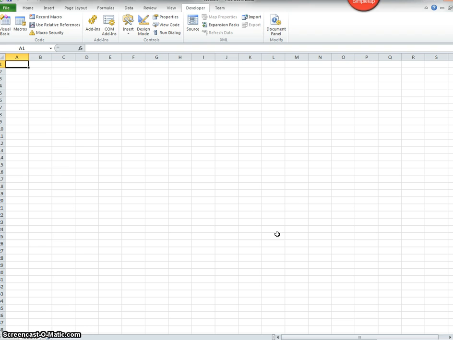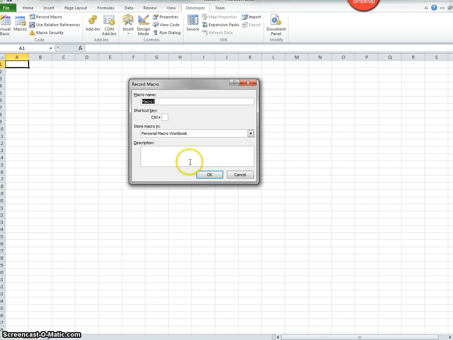So I'm in the worksheet that had the programs from last time, but really we just need any worksheet, but we use this one, it's fine. So we'll click Record Macro. I'm going to put this code in the personal macro workbook, so that'll be a separate file from this, but that's fine. And I'll give it a name,